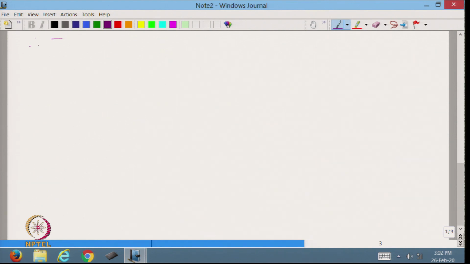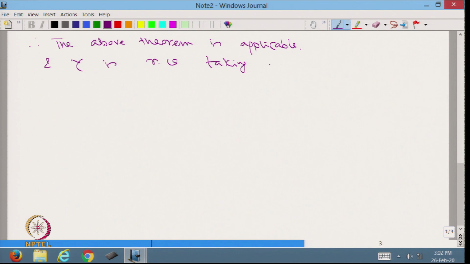Therefore, the above theorem is applicable and y is a random variable taking values in 0, 1. Therefore, PDF of y